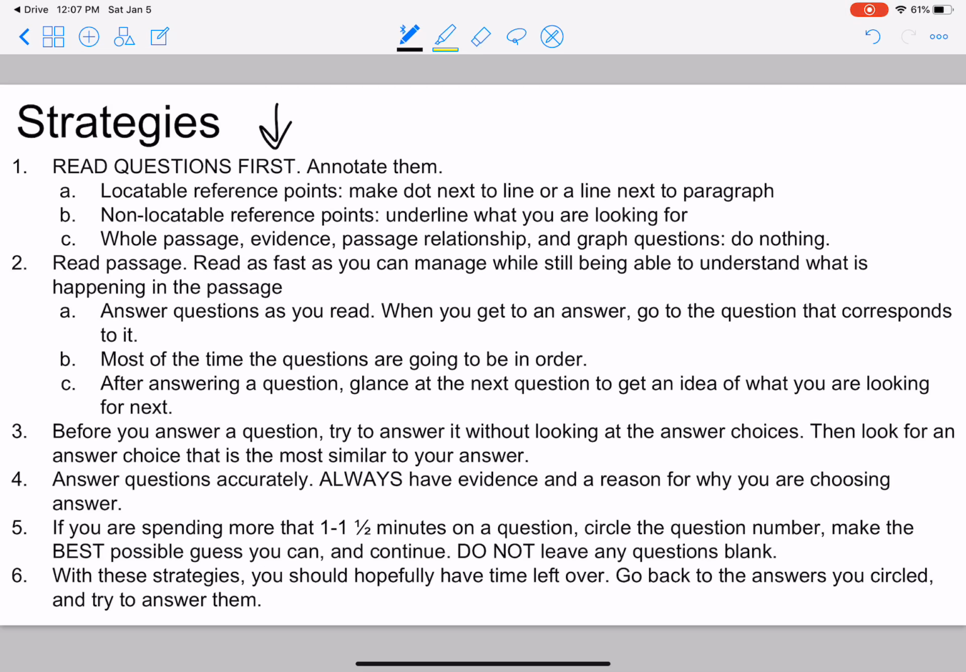So for locatable reference point questions, you're going to make a dot next to the line that it tells you, or you're going to make a line next to the paragraph. And again, there's going to be a video showing you this specifically, but this is just basically saying